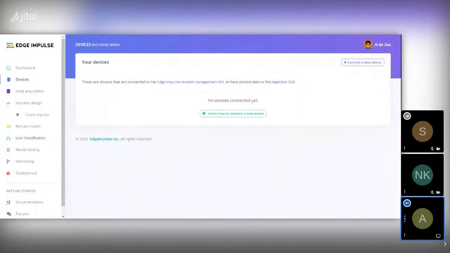And suppose you want to run this Edge Impulse code on an unsupported board which doesn't support Edge Impulse as of right now. Even though it's unsupported, you can run that code on that board if that board supports using the Arduino IDE or PlatformIO or other things like that. How? Let me show this. So if you go to this bar which says deployment.